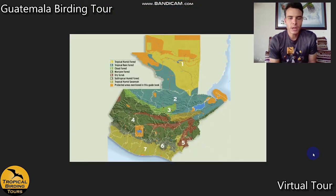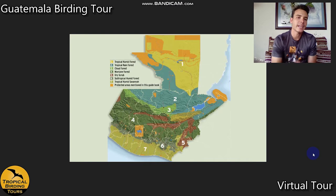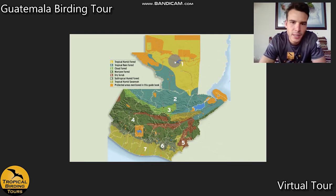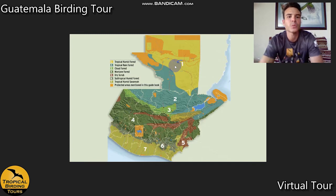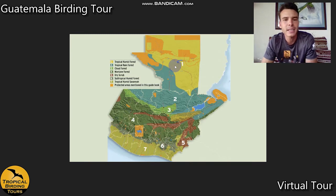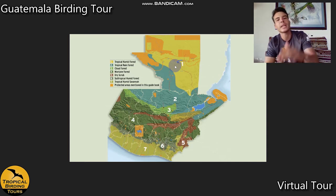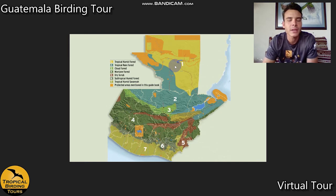So here we have the Guatemala map, subdivided in several different bioregions. In the north, number one, we have the Petén. This is the Petén department, and we have the tropical humid forest, and we also have the tropical rainforest. These are two habitats that are really alike. Although the tropical humid forest, I would like to call a subtropical rainforest. It is really seasonal, and the tropical rainforest is more of an evergreen rainforest. So we have two different types of rainforest, really, and the reason why